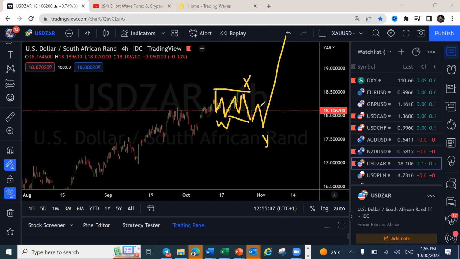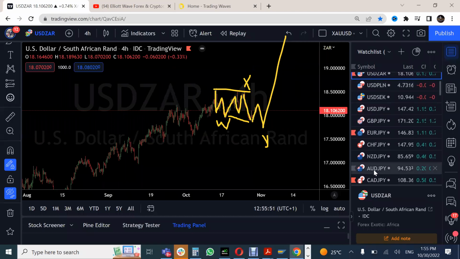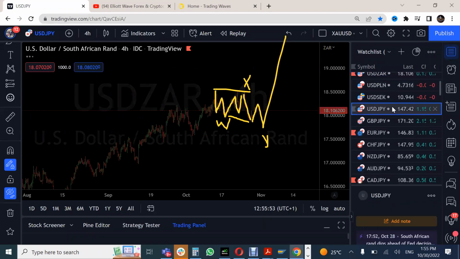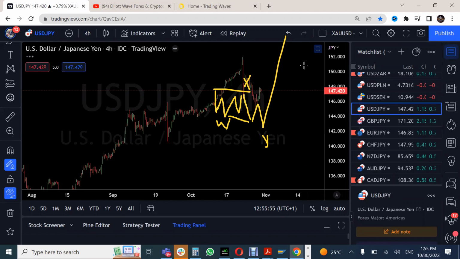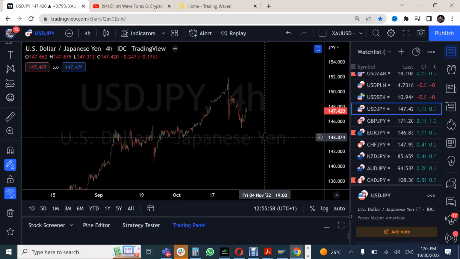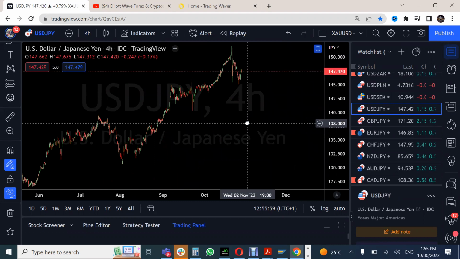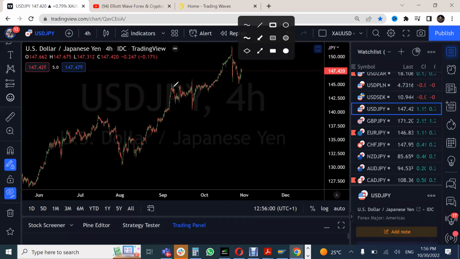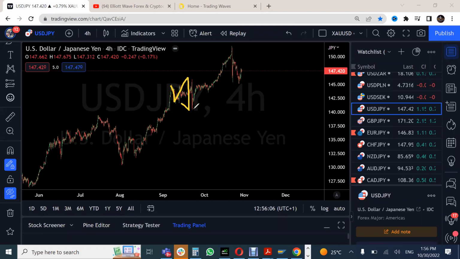So that is the structure that's possible here on US dollar ZAR. All right, so let's go to the yen pairs. The yen pairs still continue to trend to the upside, but it looks like we may have some reversal coming up. Right, so if you remember last week, just refer to the video last week during the trade recaps, I showed you how we traded this expanding flat, and we got this